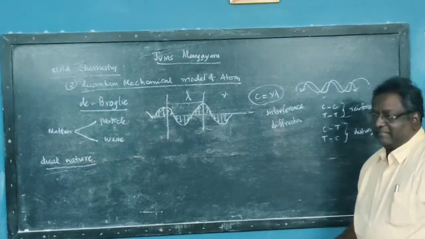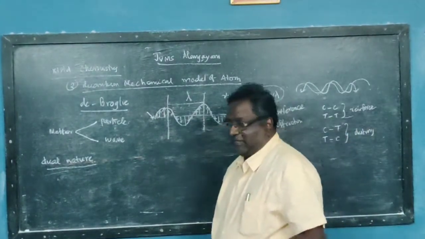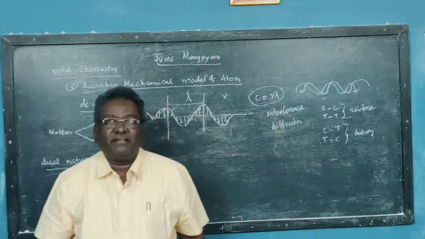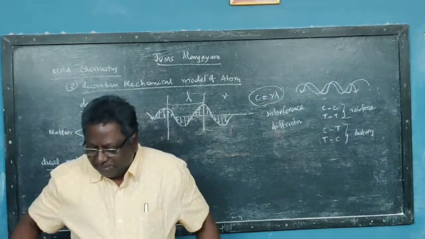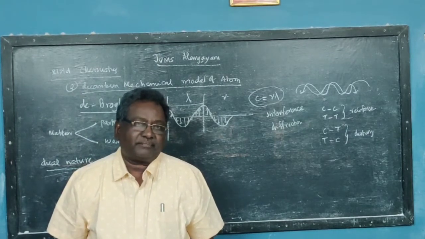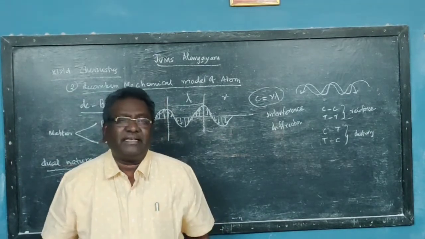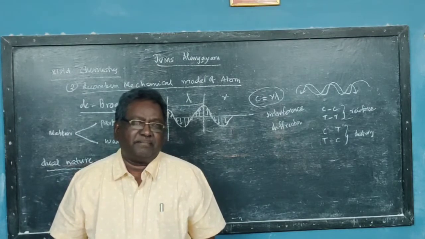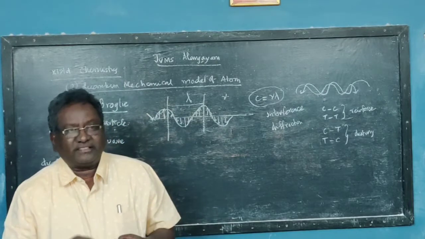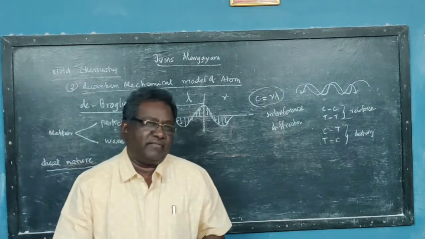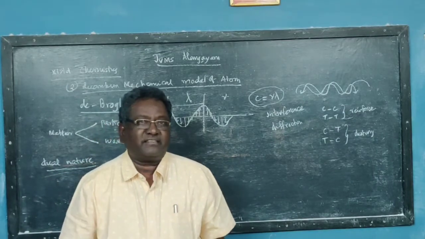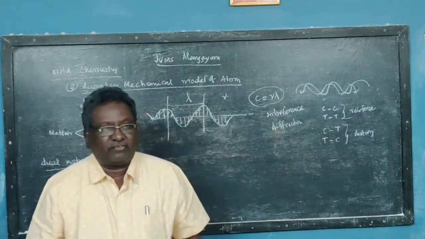What is diffraction? Diffraction is bending of waves. இப்போ போயிட்டு வெளியே நீ sunlight-ல நின்னா என்ன உங்களுக்கு இருக்கு? When the light waves are falling on you, it bends around you and forms the shadow. இல்லையா? That property is called diffraction. Diffraction is nothing but bending of waves. So you should know what is a wave, what is frequency, what is wavelength, what is velocity, what is interference, what is diffraction also.